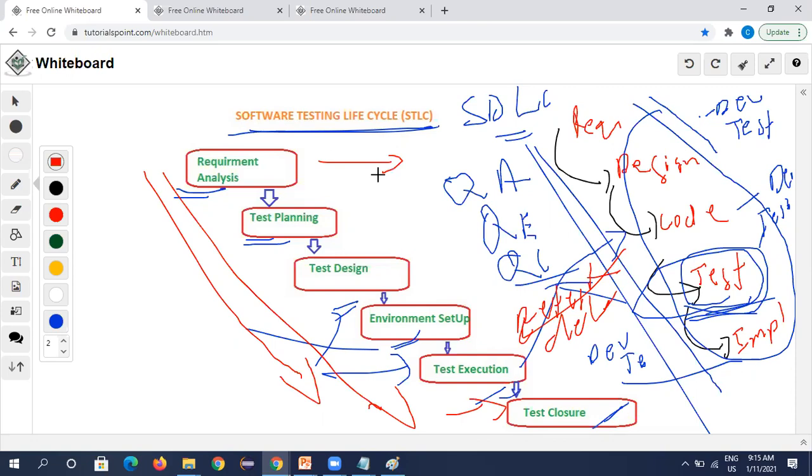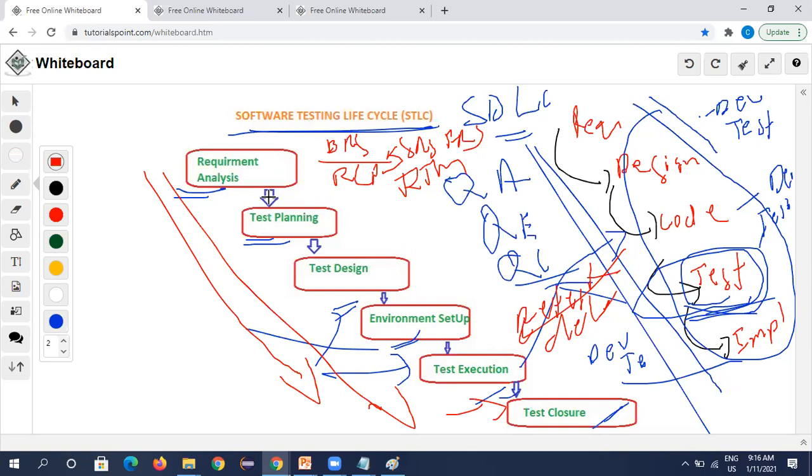In the requirement phase, there are different types of documents. We need to understand the BRS, SRS, FRS, RCN, and RTM: business requirement specifications, software system requirement specifications, functional requirement specifications, requirement clarification note, and requirement traceability matrix.